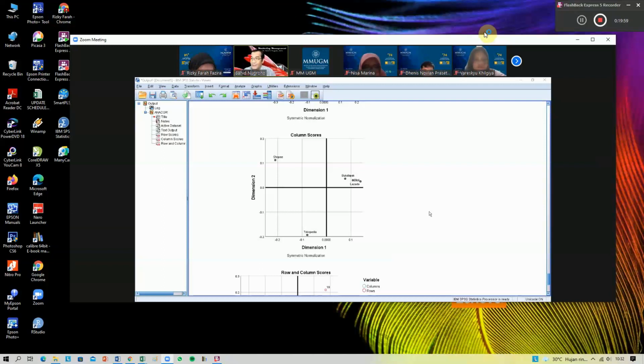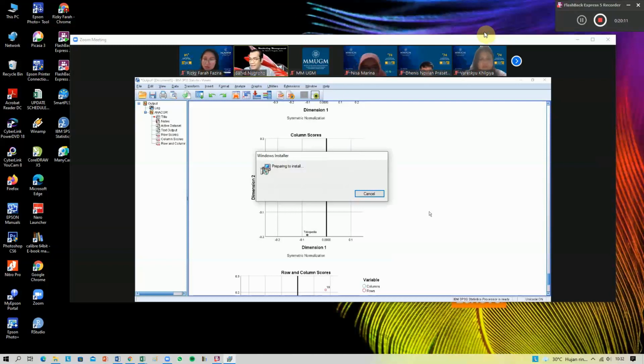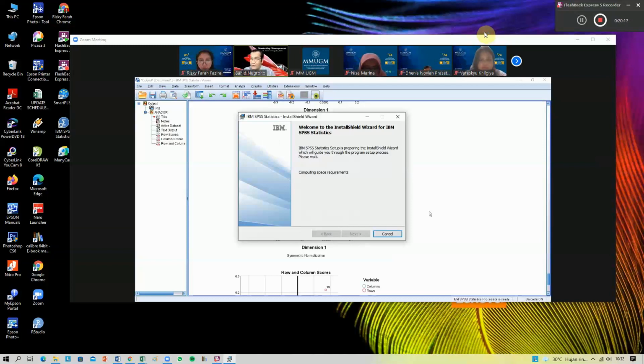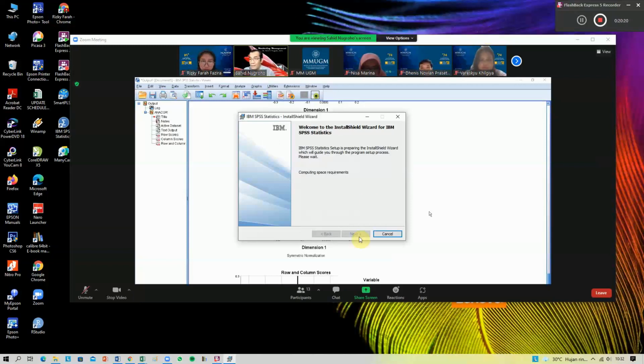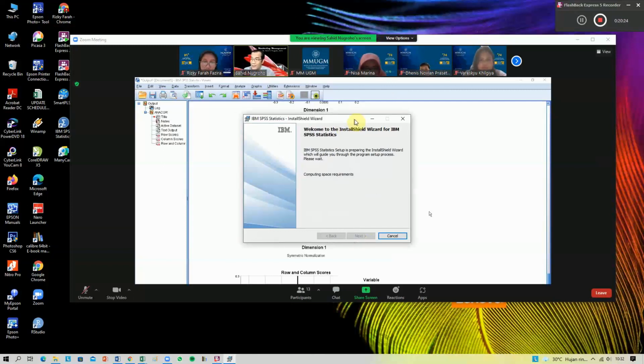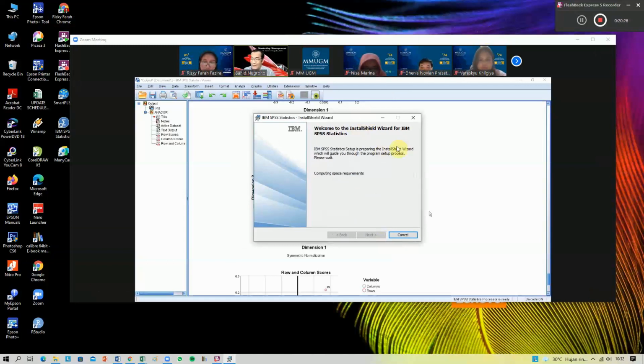So those 3 brands are in trouble. Why? Because when consumers perceive them as similar, then consumers have no brand preference. Whether they choose Bukalapak, Lazada, or Blibli, it doesn't matter. So those 3 brands are in trouble based on this ANACOR analysis. Okay, and then the next question.